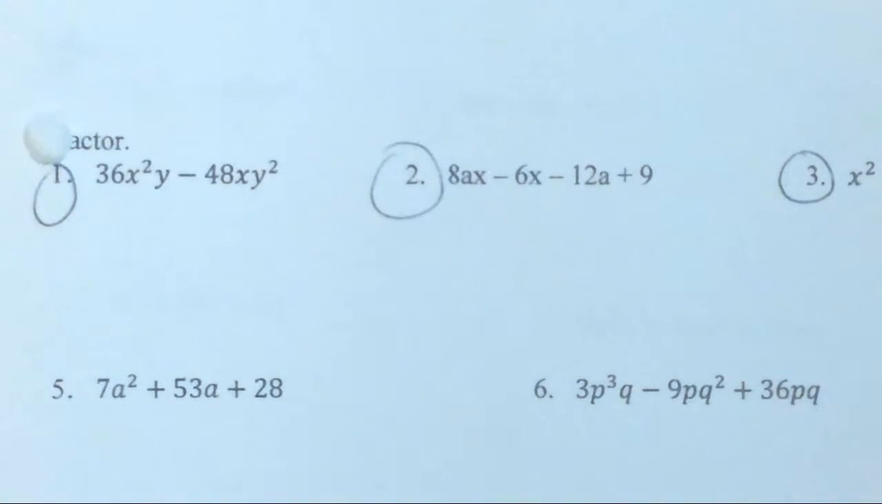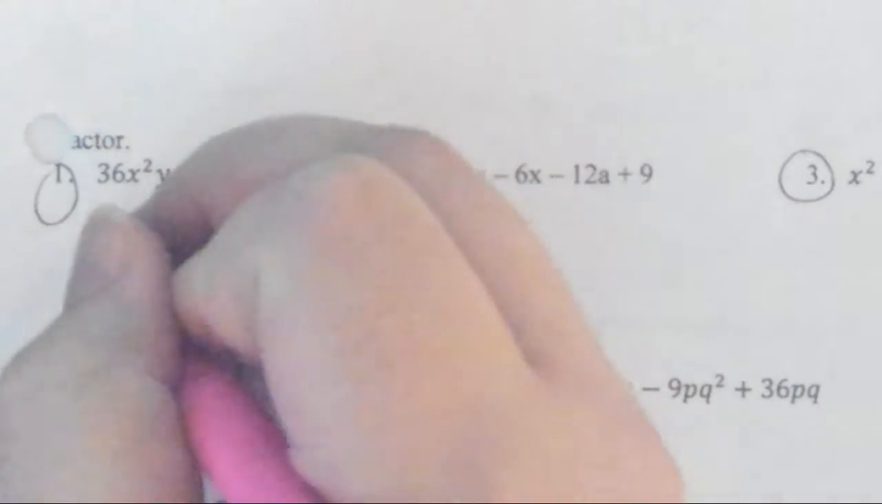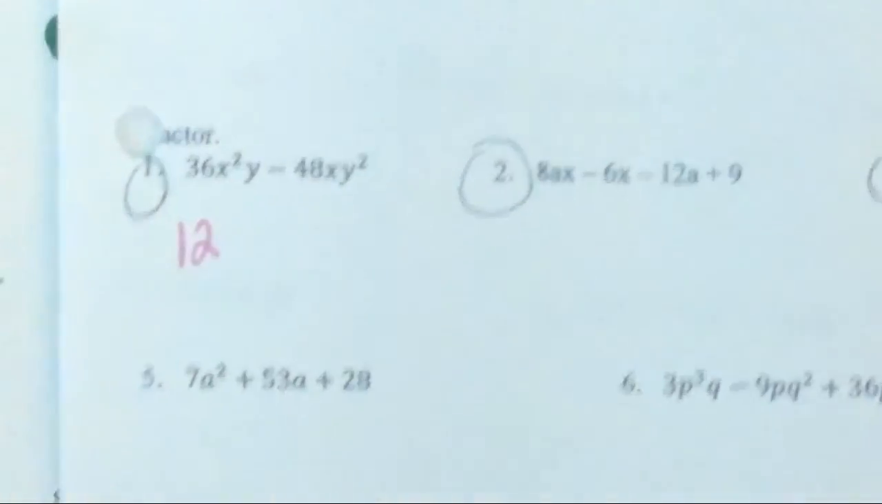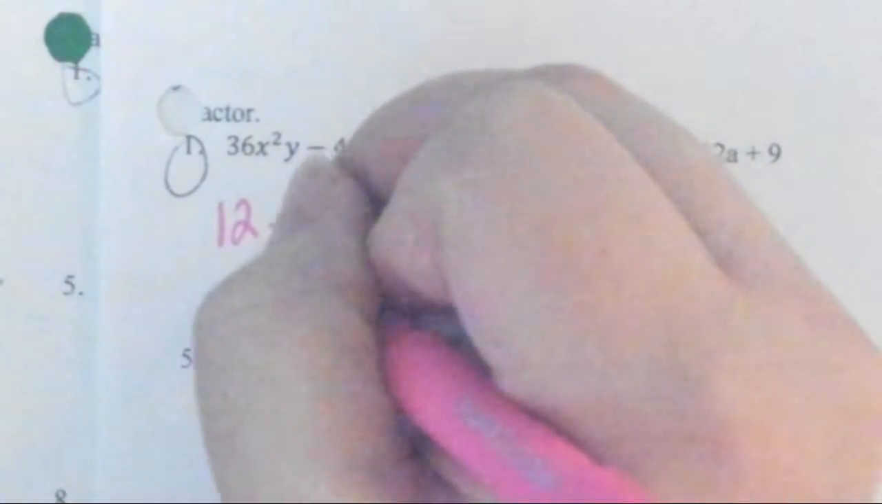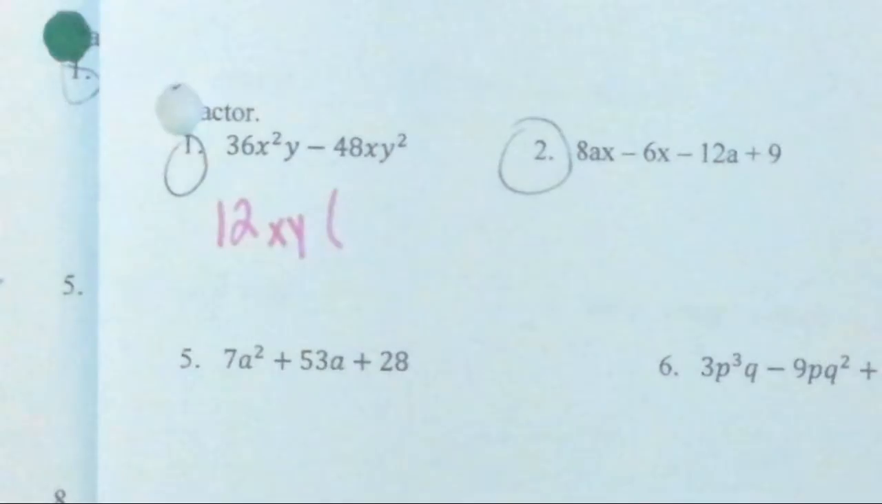I need help with number 1. What can I take out? 6 seems right, but 12 is actually correct. Thank you. So table 6, get a point. We want to take out the largest thing possible. 12 is bigger than 6. When we take out a 12, and we can also take out an xy, we're left with,